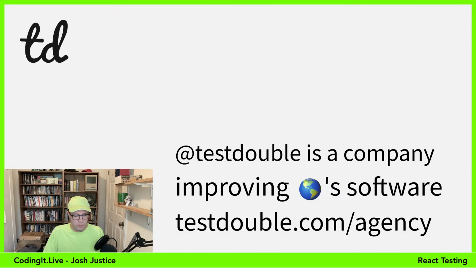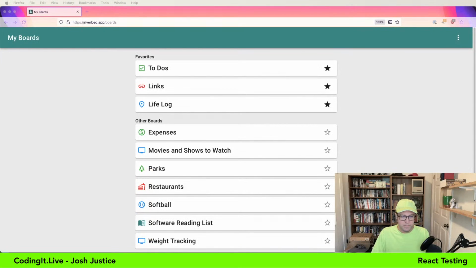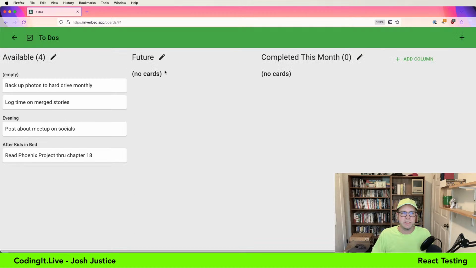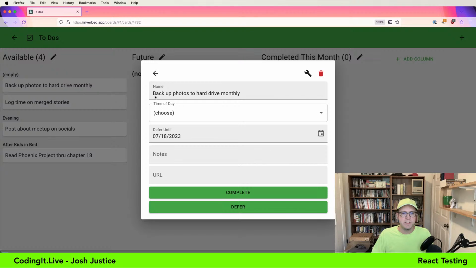So as to what we're working on today, I have an app called Riverbed. I released that earlier this year. It's kind of a culmination of a lifetime of being obsessed with personal information management. And sort of it's a personal database. This is just a sample user I have, but you could track to-dos in here. And as you go through, you can just manage data and add fields.